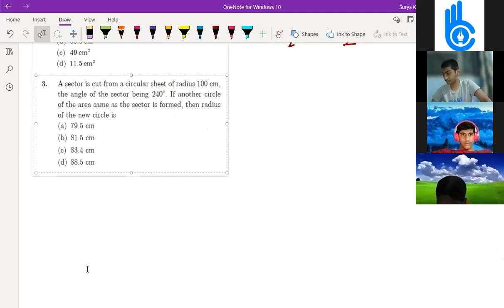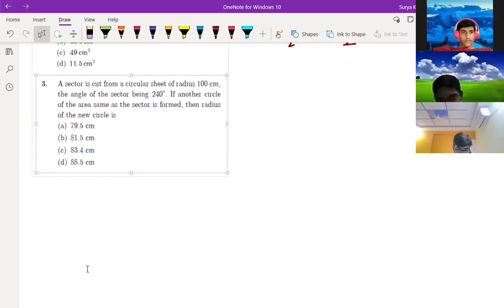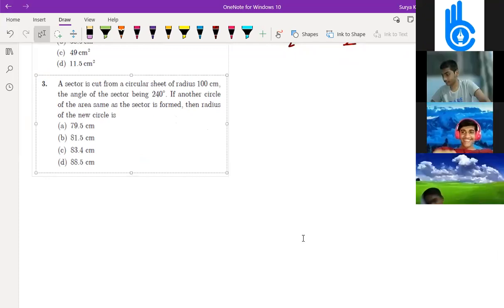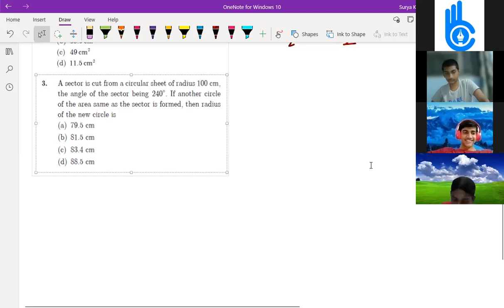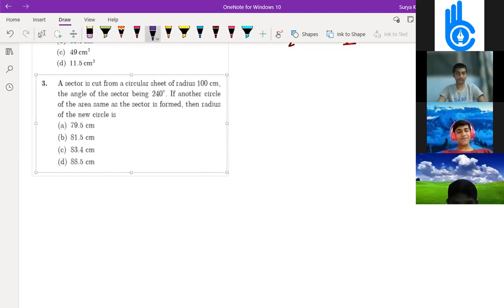Hey, you are using calculator? No, Samarth. Don't use calculator. No, sir, I am not using calculator. You are using calculator 100%. No, sir, why are you saying? Why did you say, sir, that I was using calculator? Before you told no, okay, sir, I'm using calculator. That's why, obviously you are having calculator all the time with you. I was using calculator. Now I am using. Now you're not using. Yeah.